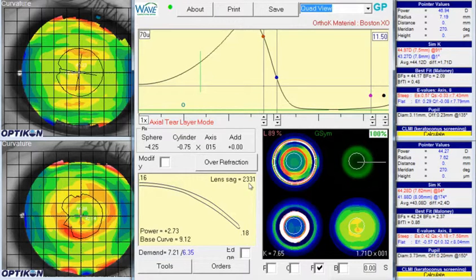So here we had started at 2311, we're about 20 microns taller, and it'll look like we have excessive central clearance. But if this is a lens that just isn't reaching the periphery very well, then we actually won't have